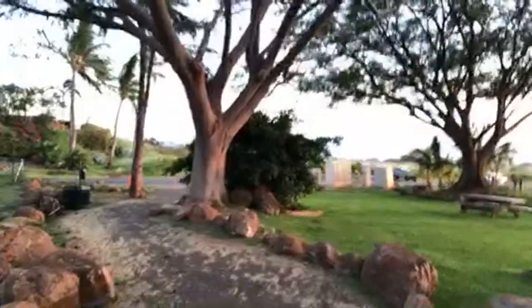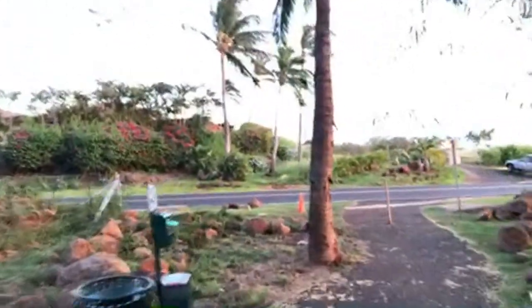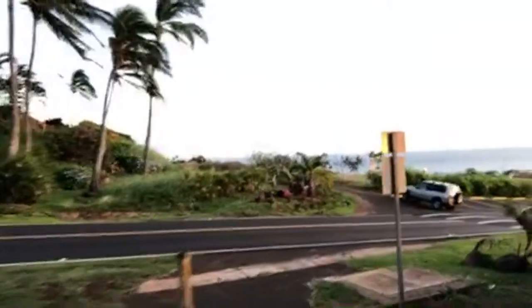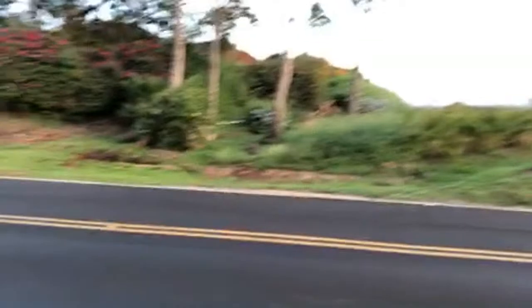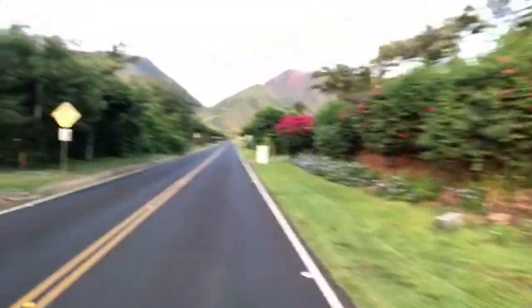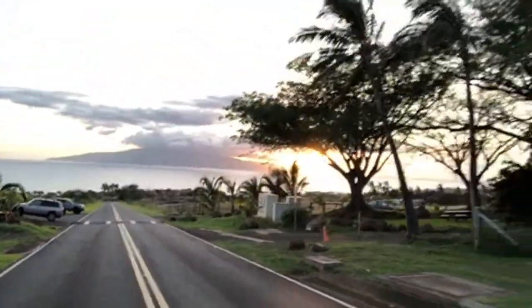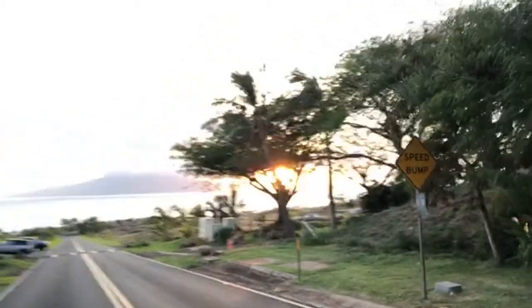So here's a nice little park. I think here I'll go up the main drag, which is Kaiheliku, which is the main artery that feeds up into Launiupoko. I'll just cruise up there for a bit. Hopefully we still have a good connection. I checked the 4G, it looked pretty good. I'll try to keep the microphone somewhat out of the wind. And we'll just go down one more street and then we'll call it a...